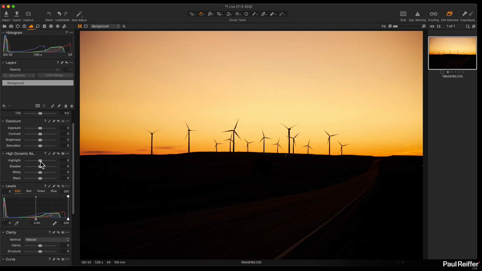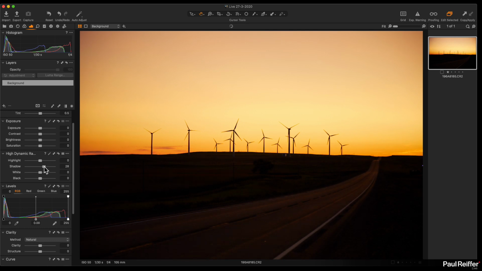So with our high dynamic range, obviously we've got the 4 sliders, we talked about them before. So you've got black, which is the bottom 10%, white, which is the top 10%, roughly. Highlights, which is typically the top sort of quarter to a third, and shadows, which is the bottom quarter to a third. So let's pull up our shadows